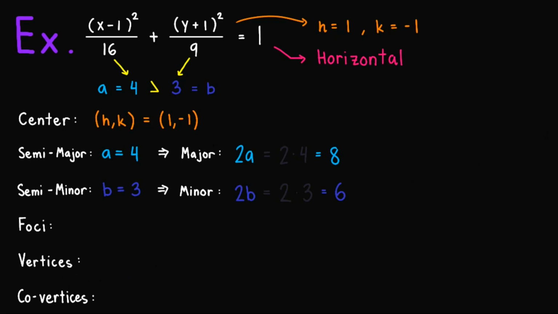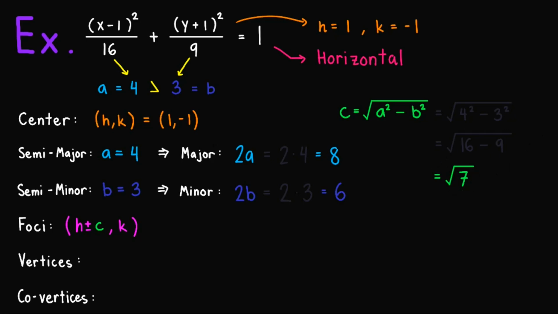For the foci, recall that this is given by the point h plus minus c comma k. Again, this is in a horizontally oriented ellipse. So far we have h and we have k. Our problem is c. But then again, we mentioned that c, or the focal distance, is just given by the square root of a squared minus b squared. So we have a and b, so we just plug that in. We'll have the square root of 4 squared minus 3 squared. This is equal to the square root of 16 minus 9. 16 minus 9 is just 7. So we have c equal to square root of